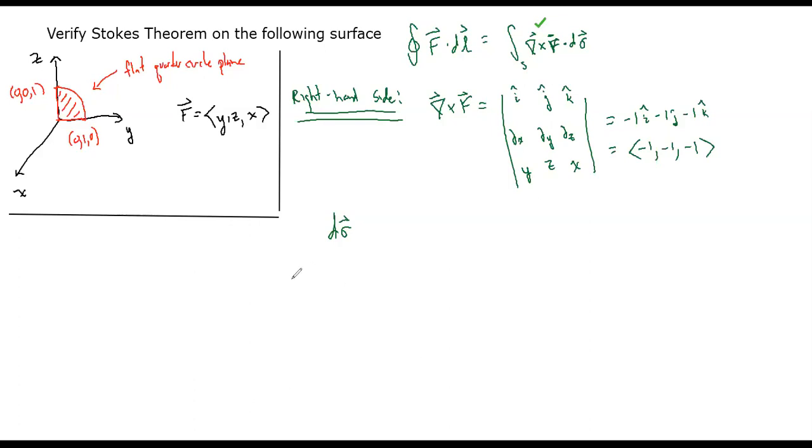Which way does d sigma point? For a closed surface, it would point outside of the surface. For an open surface, we have this ambiguity. And I told you one way of resolving the ambiguity is to keep the ordering of the